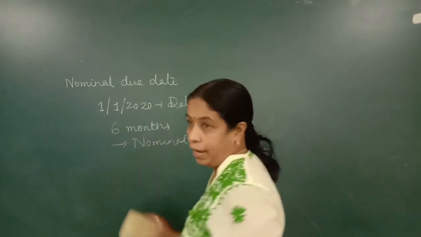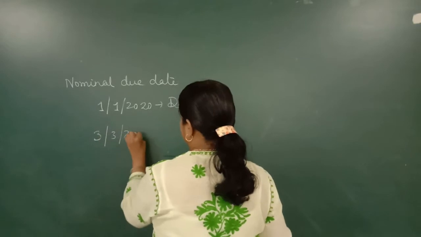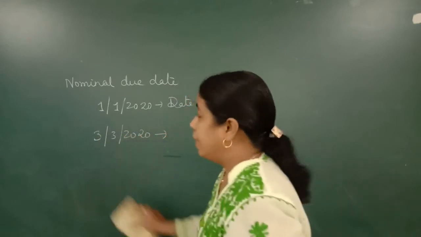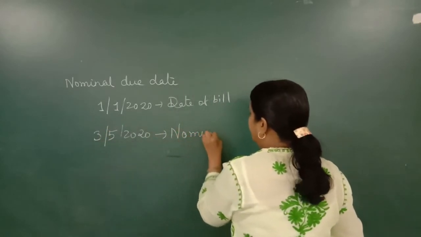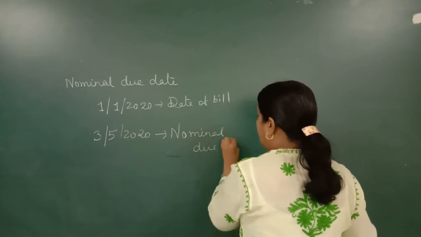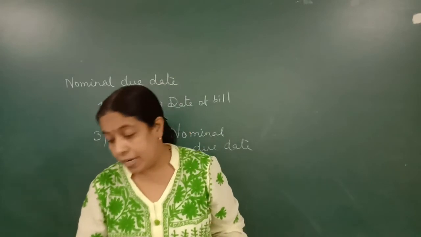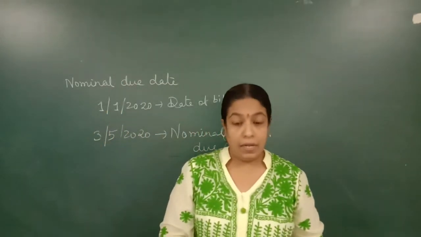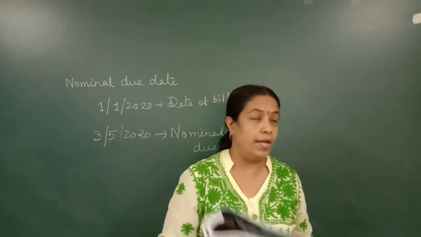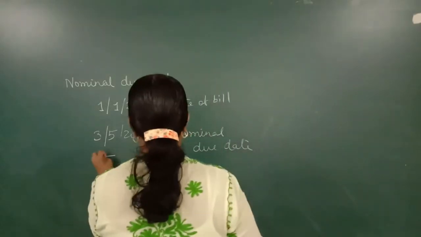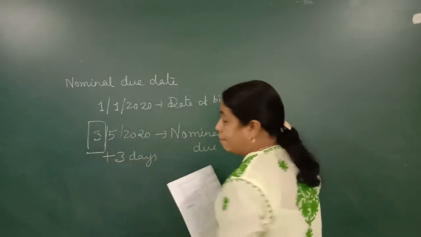Okay. Suppose your nominal due date is coming on 3rd March, or 3rd May. It is your nominal due date. It means you have to pay at this time. Okay. But the buyer is allowed to pay the amount even 3 days later. This is called the grace period. So what is the grace period given? Of 3 days. So if we add 3 more days,